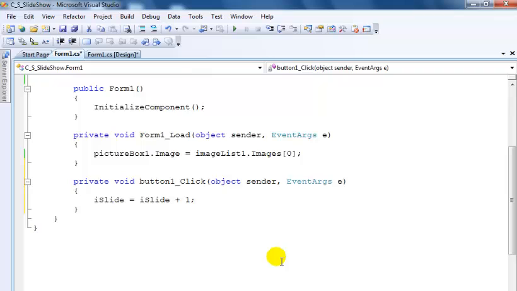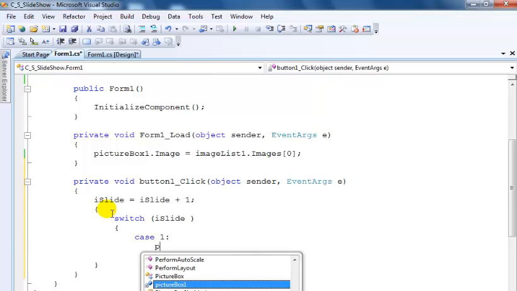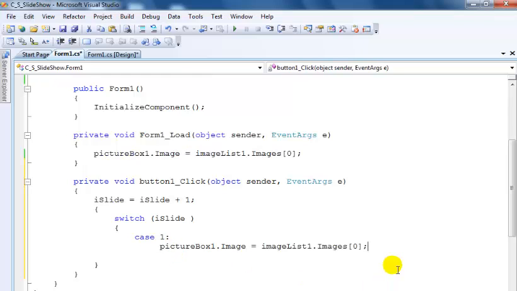Okay, then let me just enter a curly bracket there, put everything in a curly bracket. Then I'll say switch iSlide, close that, enter that in a curly bracket as well, and then say case 1. When iSlide is 1, I just want this picture box to do this. Might as well just copy all of this and paste it right there. I can change that image to image1. Then that'll be the end of my very first